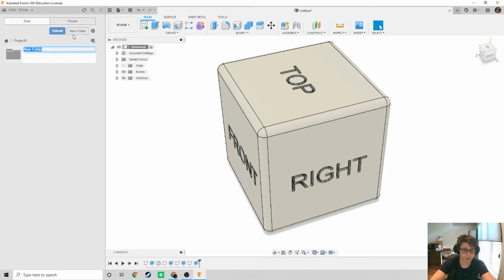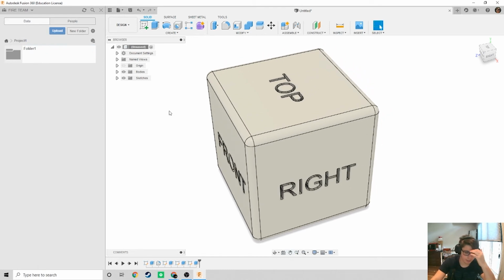Folders are a great tool for keeping your workspace organized. Let's call this folder 1. When you have an organized workspace, you're not spending as much time looking for specific drawings, so you're more efficient. There's no limit on how many folders you can put within a folder, say folder 2, and we can keep going on and on. We can move back within our project by clicking on the names of our